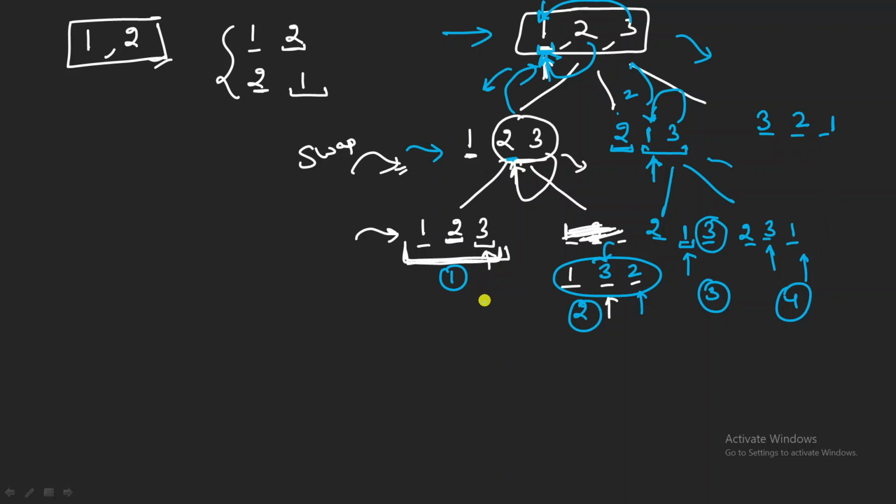Before going further, you can see that in this direction we got all the permutations which start from 1. By keeping 1 fixed at the first position, we have got all the different permutations. Here, in this direction, we got all the permutations which start from 2. Now in this direction we will get all the different permutations which we can get after fixing 3